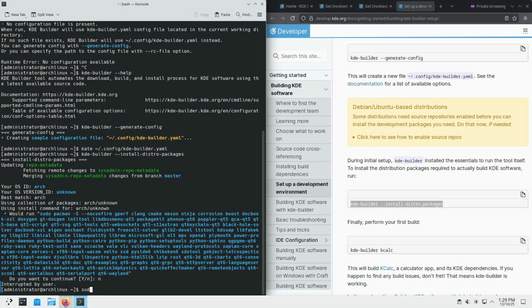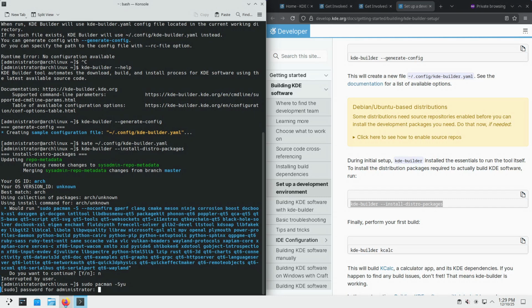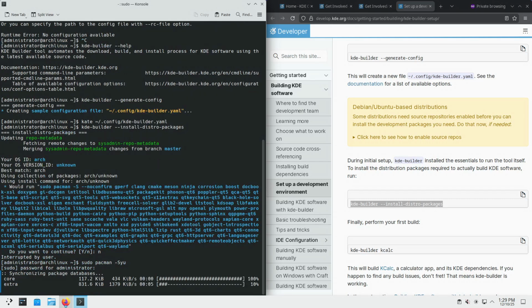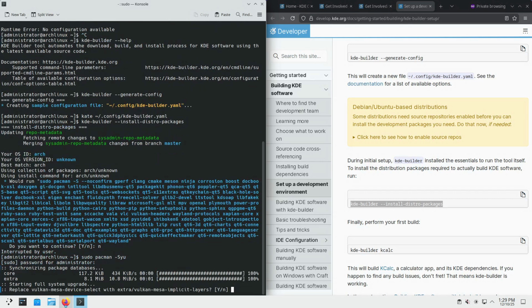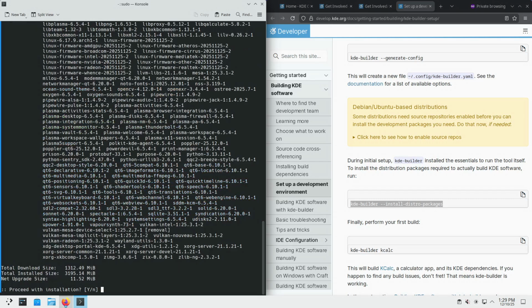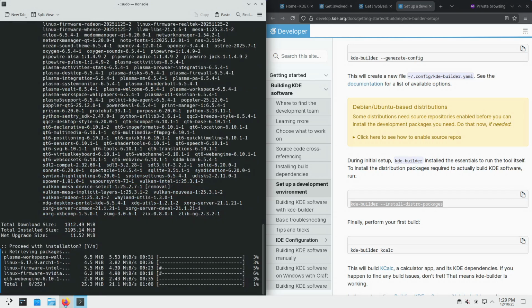Sudo pacman -Syu. This is going to take quite a while. Thousands of packages will be probably updated. Okay, so it needs to install many binary packages because